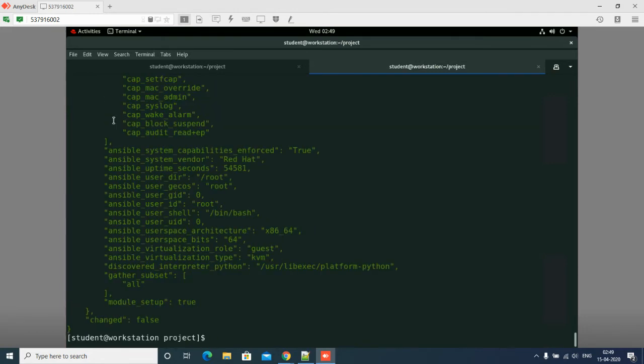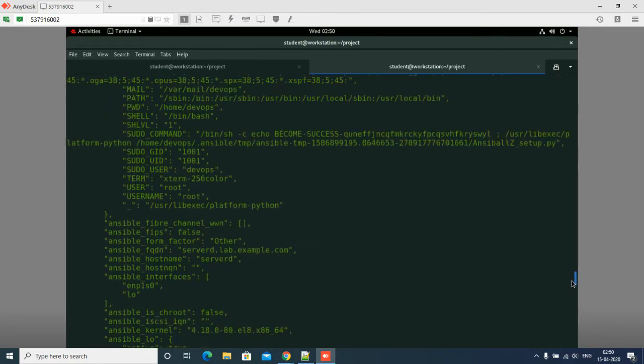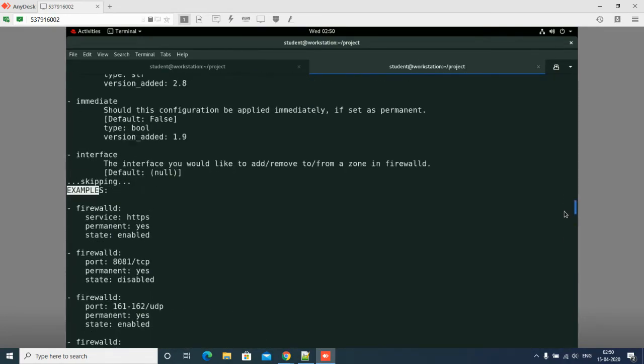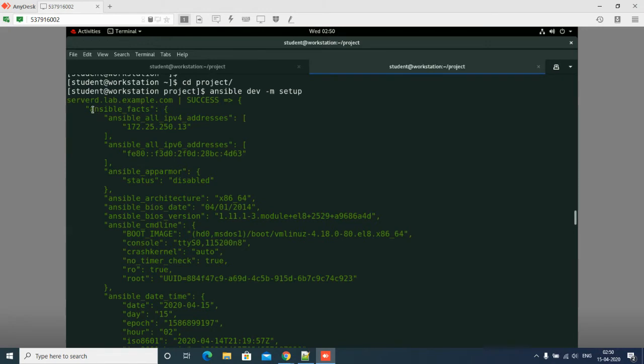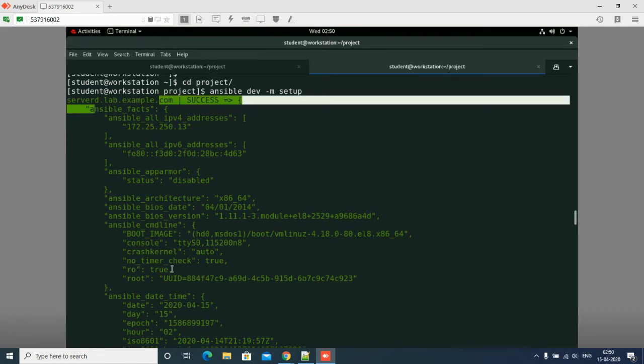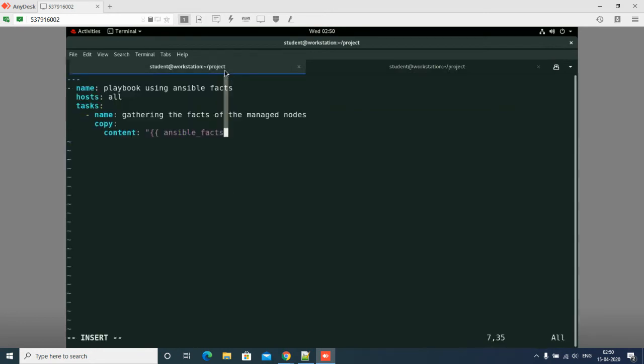If you check inside this Ansible facts, what is the first variable inside which each variable is getting stored? What is my main fact name? My name is ansible_facts. Inside this, each and every variable is coming, so I can use any variable. I will say ansible_facts like this. I can use dot also, but dot is the old method; the new method is to use brackets like this: ansible_facts, suppose hostname, and I will close the bracket.